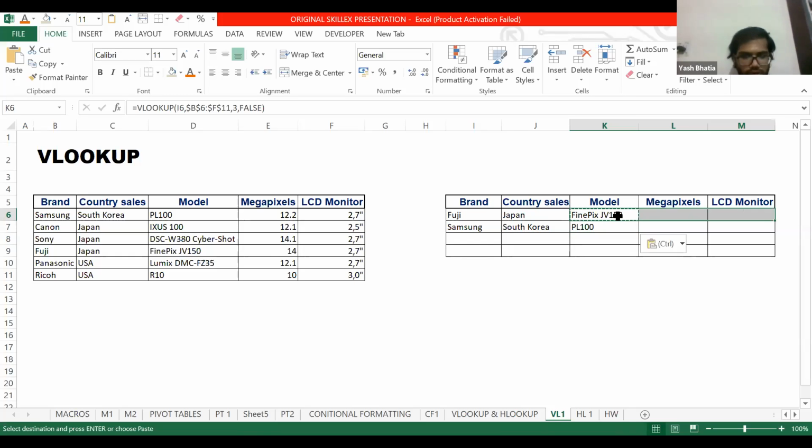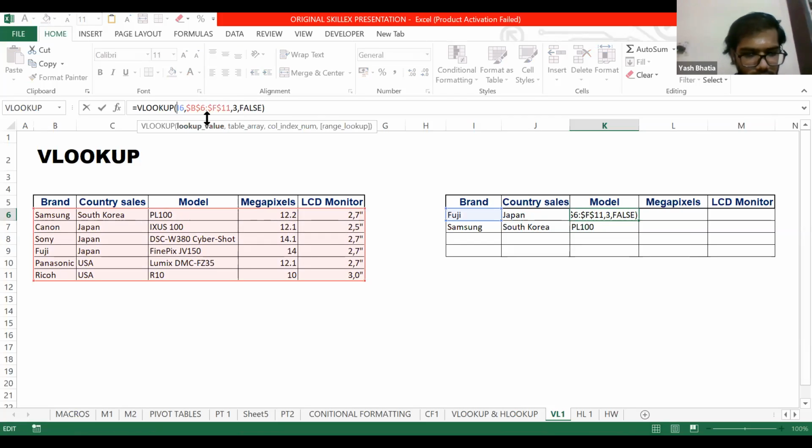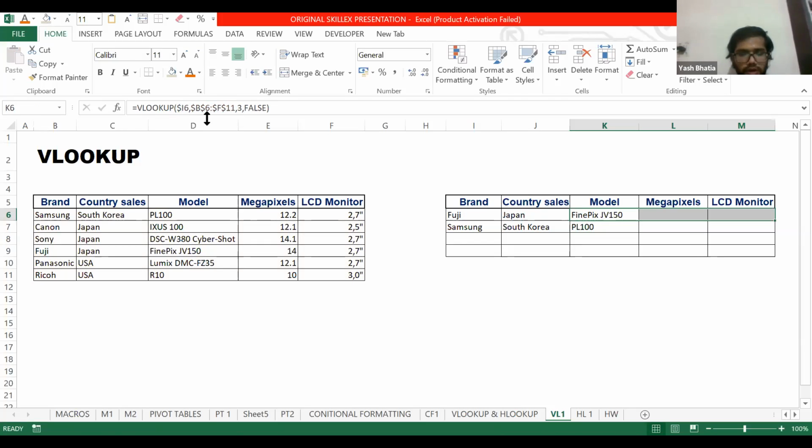Let's try doing here also. First, I will fix the column reference. Then I copy the formula here. And here I would change the row number in this formula.